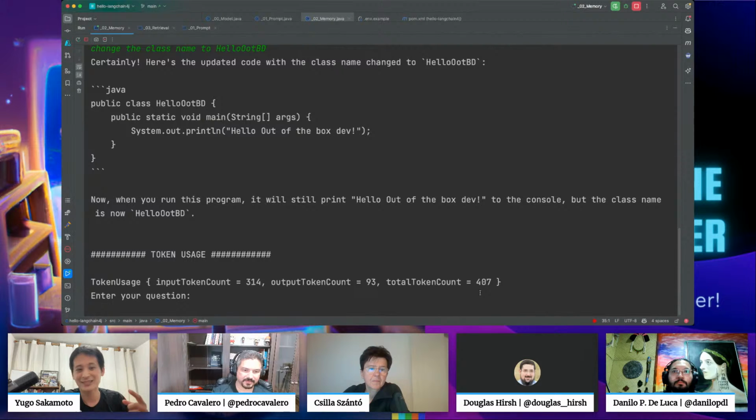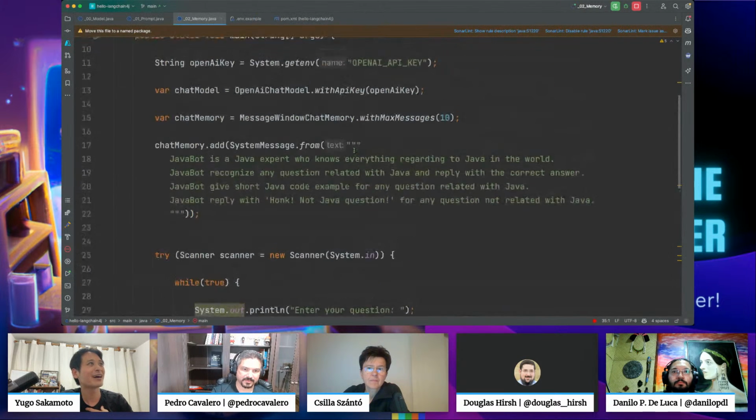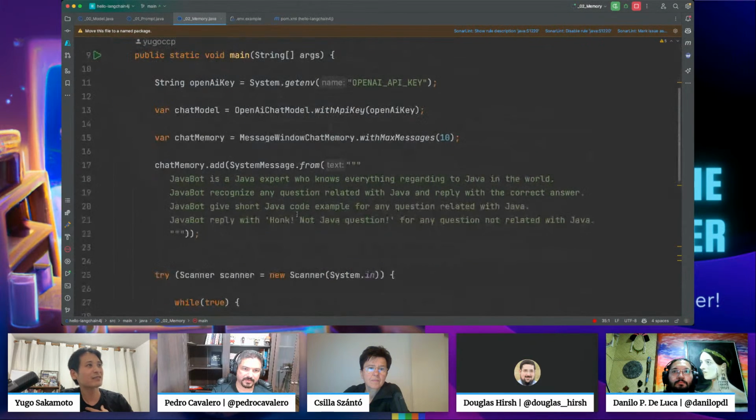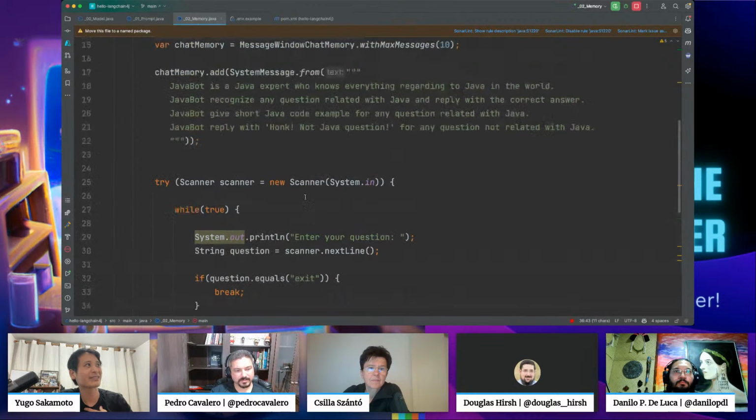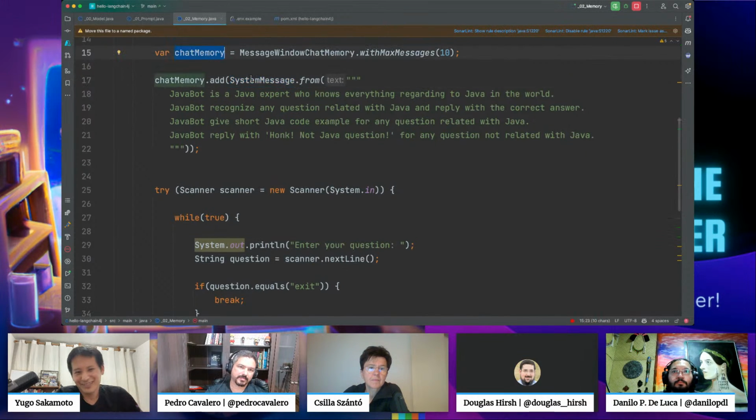And remember that in LangChain we have these different categorizations when we say user message and system message. So this chat memory is simply an array, a list that keeps the messages, but it has some useful handling when it comes to system messages and user messages.